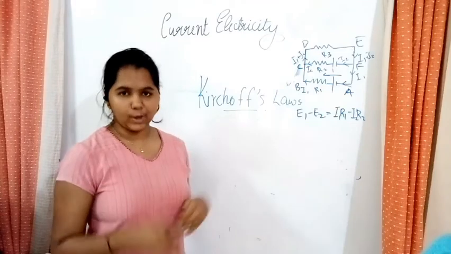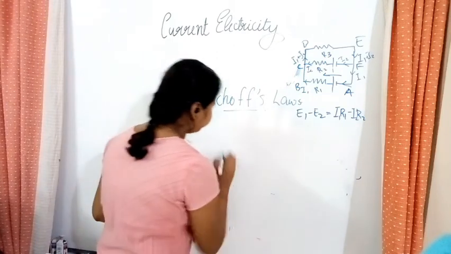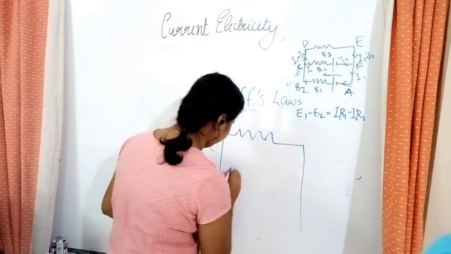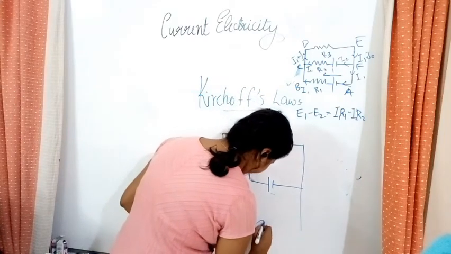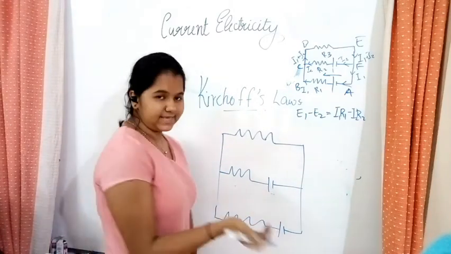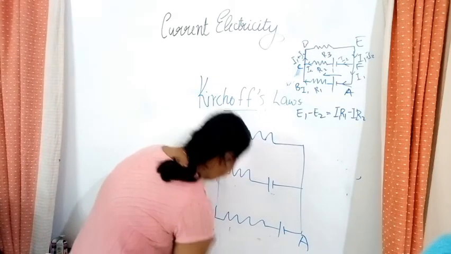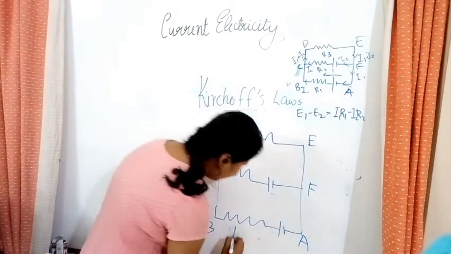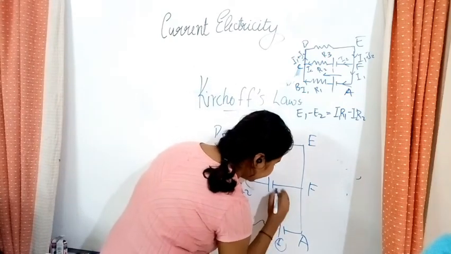Now since we discussed the law, let's see it in the circuit. So here is a circle. This is too small, I'll draw it bigger. Okay, so this is our circuit, and let's name the circuit A. Let this be A, B, C, D, E and F. This is resistance 1, resistance 2 and resistance 3. This is cell number 1 and cell number 2.